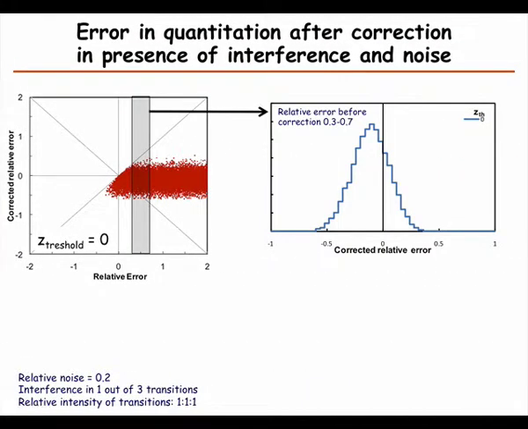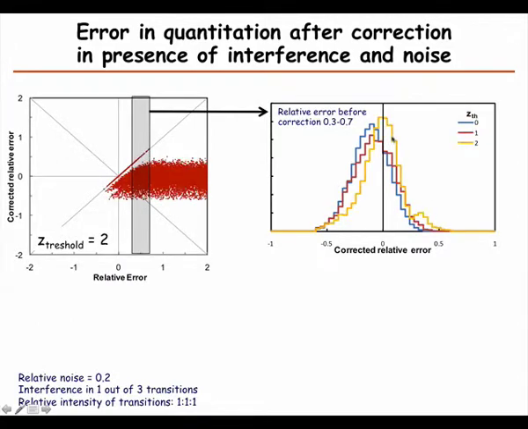So now this is the same case. If we have a very low threshold, we do correct, but we overcorrect. So you see that this moves down, and we get an asymmetrical case. But then as we move up, you see that around 2 we get a pretty reasonable